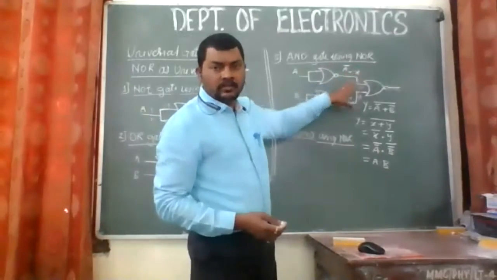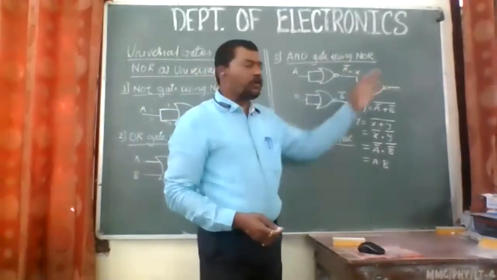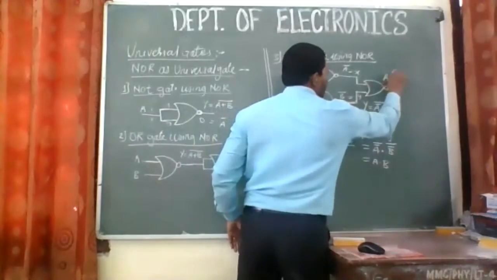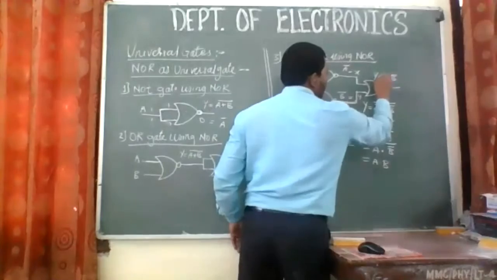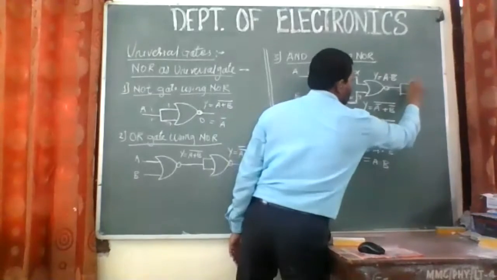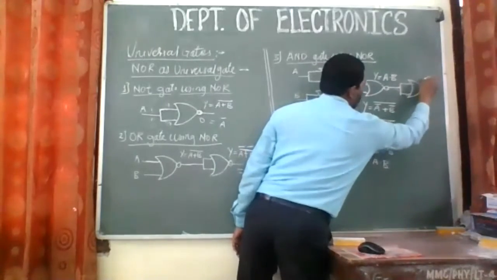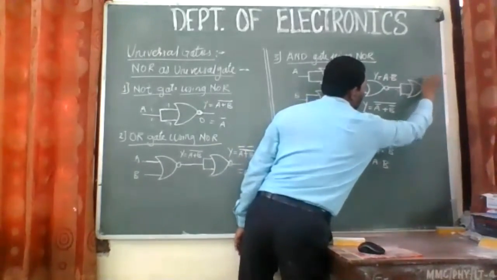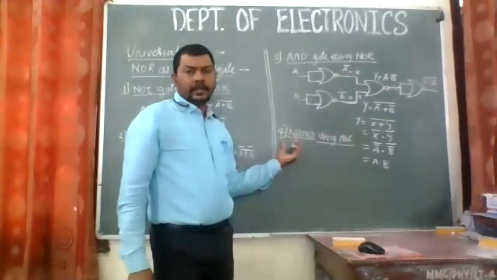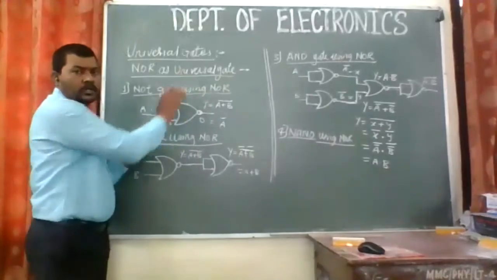समझा के ये जो हमने बनाया, this is a NAND gate by using NOR. So if you are supposed to put one more NOT gate in front of that by using NOR gate itself, I will be just putting this. So here the equation is a dot b. So we are having this equation as y equal to a dot b. Now if I put another NOT gate in front of this by using NOR itself, so we'll be having a dot b whole complement, which implies that now this whole circuit is going to give you NAND gate, right? So all the gates are being made by using NOR gate.